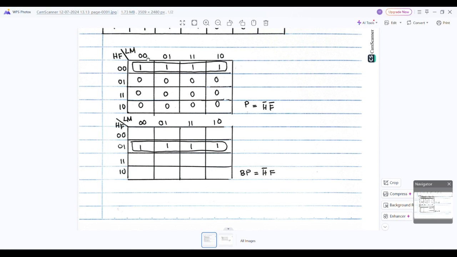After that we will group them in powers of two, which means that we can group in 2, 4, 8 or 16, but they need to be side by side. So we do this grouping.